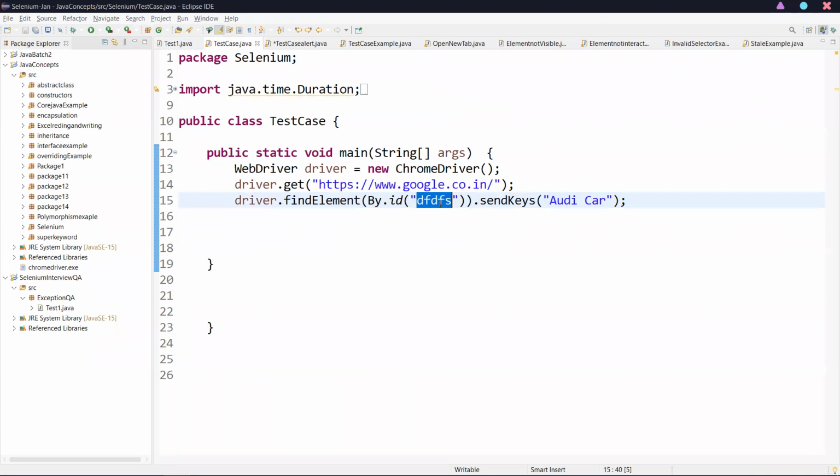Suppose I am giving a wrong ID value. I am trying to find the element with the locator as ID, giving the ID value here, and entering some keywords. Here the ID I have given is not correct. Just assume the element is dynamic: the first time, if you give a value, it will work fine. The second time, if you run the same script with the same ID value, it will not work, because that is a dynamic value that keeps on changing. Now here I have given an invalid one. So now if I try to run this,